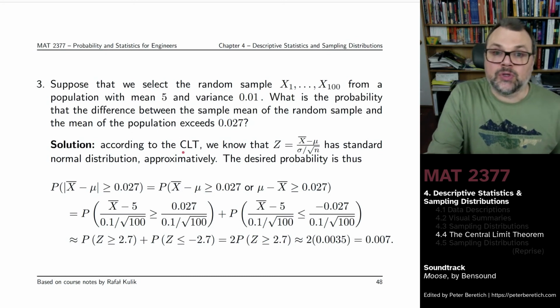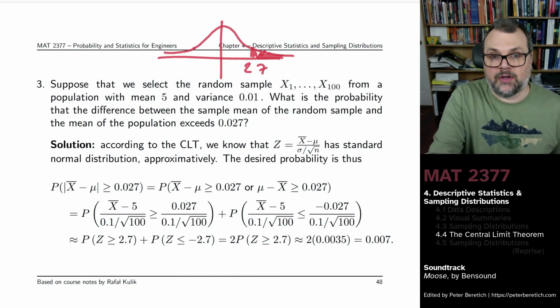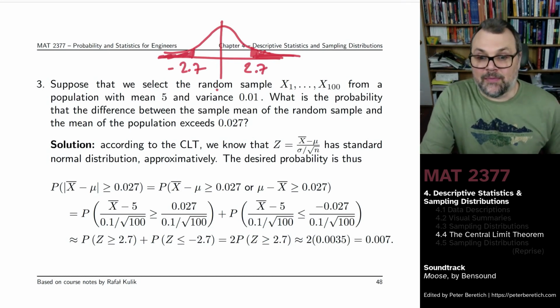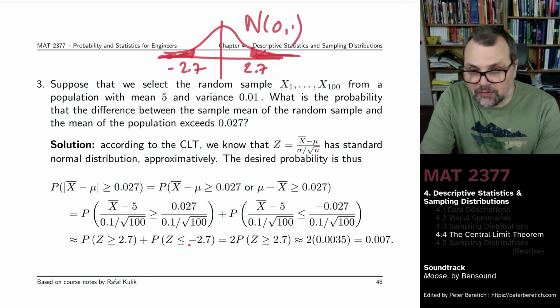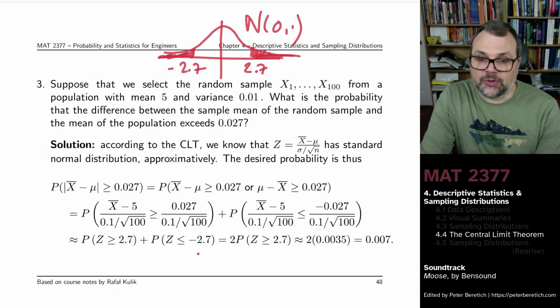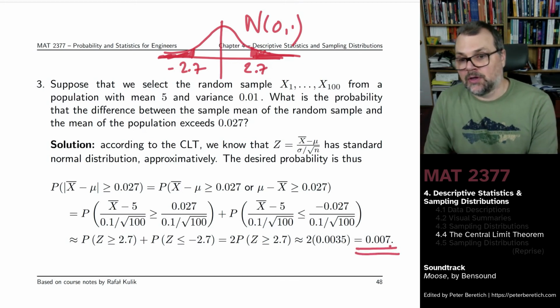And in effect, what you're trying to compute is the area under the curve here. Well, they're both the same, right? I mean, because of symmetry of the standard normal, both of these quantities are the same. So you can compute each of them separately if you want. Or you can also just compute twice one of the areas. Either one of them will do. The computation in total, you'll get about 1%,